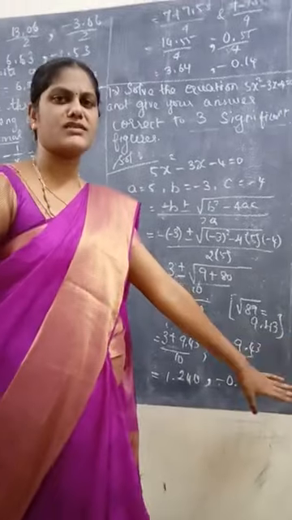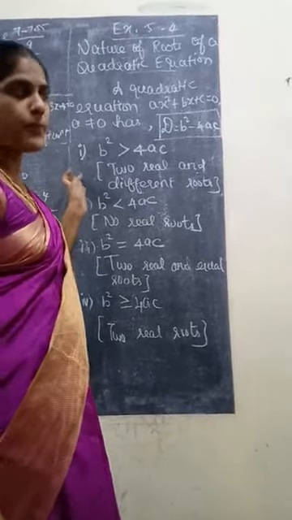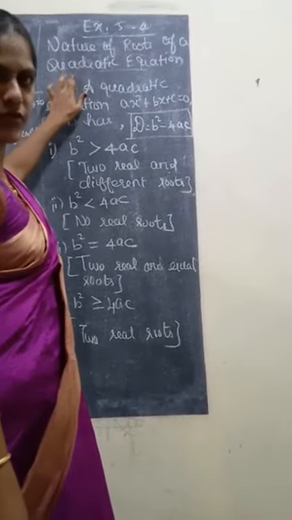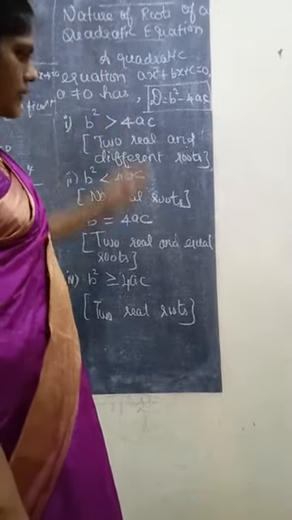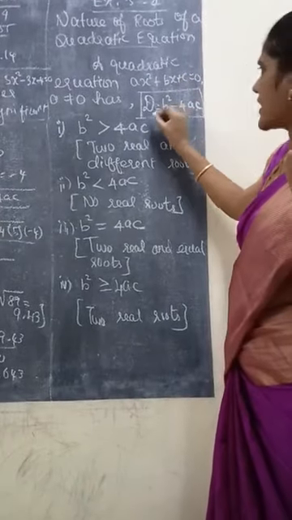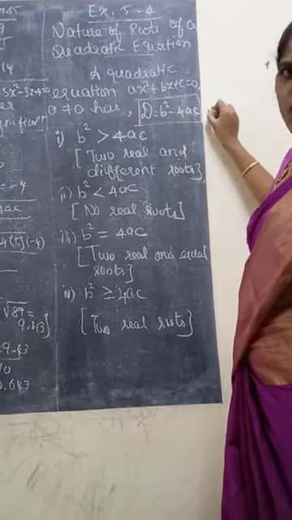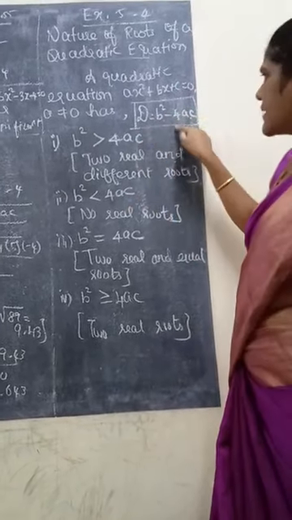Next week we are going to see the next exercise. Okay, this is the exercise 5.4 introduction. My exercise 5.4 is fully about nature of roots. For finding the nature of roots we have 4 conditions. I mentioned 4 conditions here. Listen, if it is a quadratic equation, the condition for the nature of roots is b squared minus 4ac. In the quadratic formula, we use the same expression inside the square root.